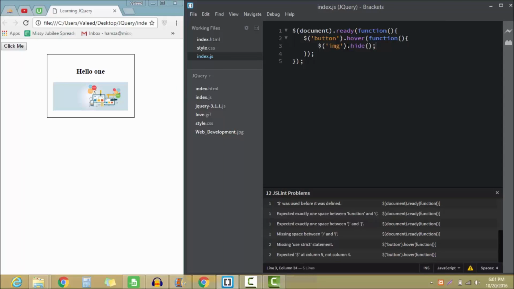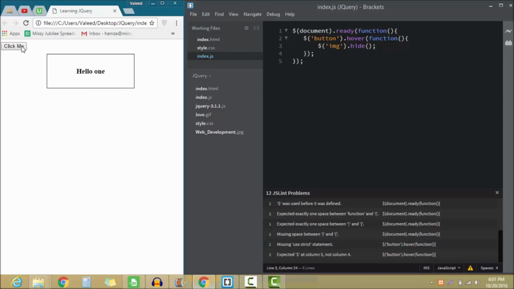I'm going to save it, and when I refresh the page, as you can see, the image has been hidden. But what if I remove the hover from this click button? Then I want this image back over here. So for that, what I need to do is